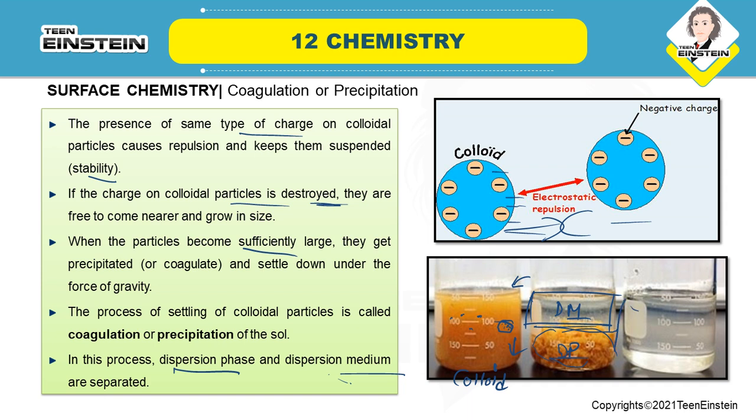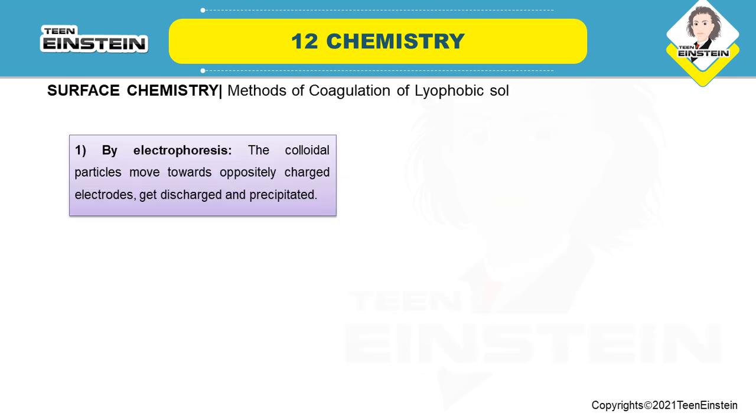Next we will see the different processes by which coagulation is possible. The first is electrophoresis, which we have already seen. When we discussed electrophoresis, under the electric field the colloidal particles move towards a particular electrode. As a result, the dispersion medium and dispersed phase are separated, so there will be coagulation. Second method,